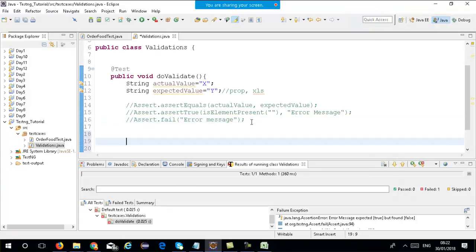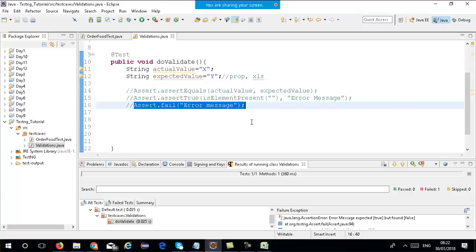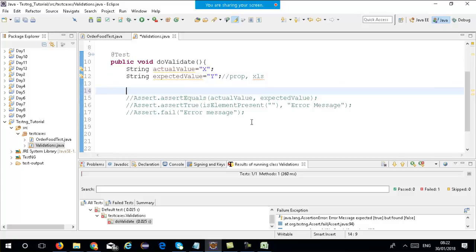Sometimes you know that the test has failed, as I said, that you get a 404 error message or something, then you are sure that the test has failed and you can use it. Okay. Now, at times, you don't want to run a test case. You want to skip the test case. If you want to skip a test case, you can